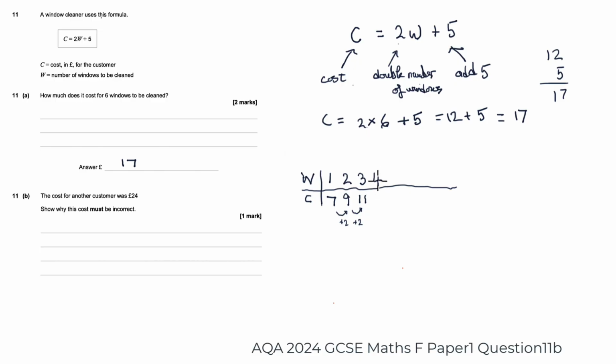We double the 4, we get 8. 8 plus 5 does give us 13. So the pattern is add 2 to get the next term. So we add 2 to 13, we'll get up to 15,